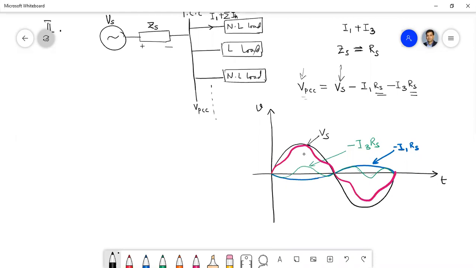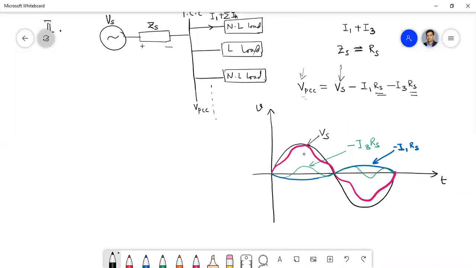Here I have taken only the resistance, but there can be inductance as well. So this is a very simple special case, but the thing will not be so simple. There may be some phase difference, there may be other harmonics, there may be an inductance component in that ZS. The things will be more complex, but the bus voltage, or the voltage of the point of common coupling, will no longer be exactly sinusoidal. There will be slight distortion.